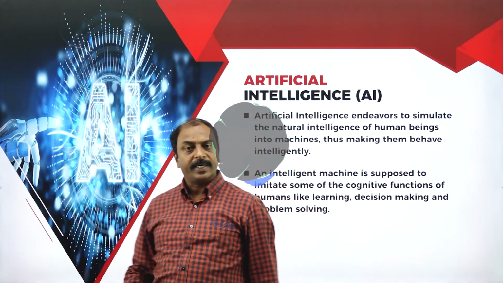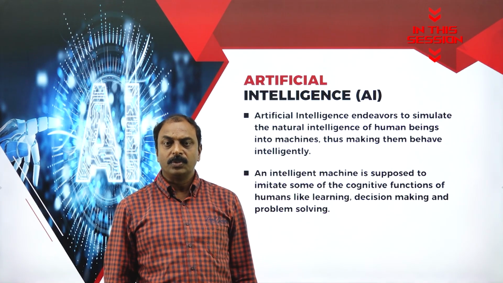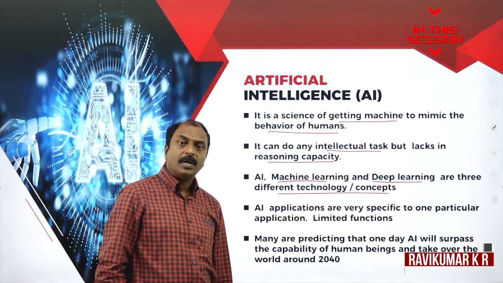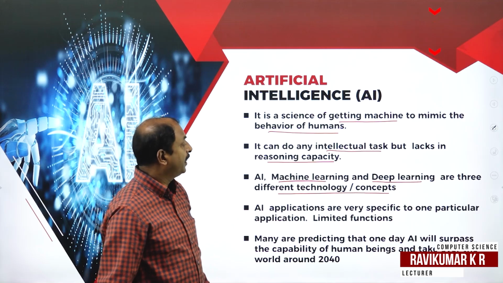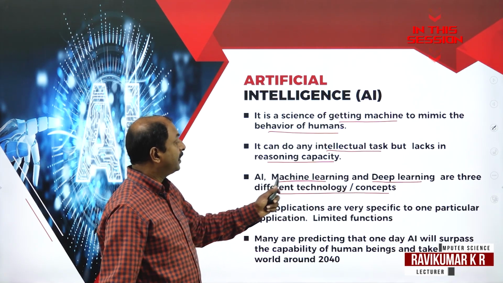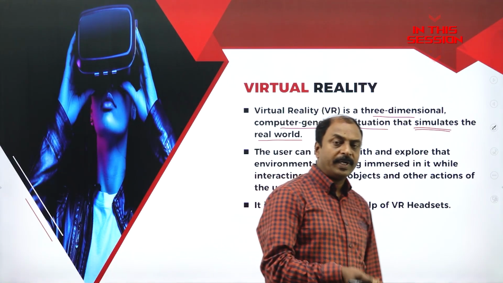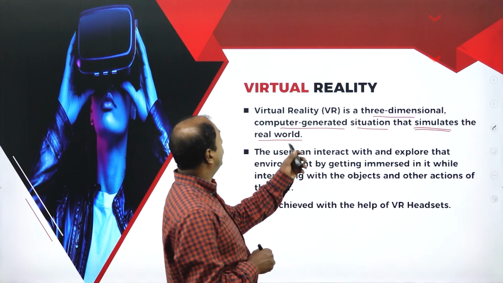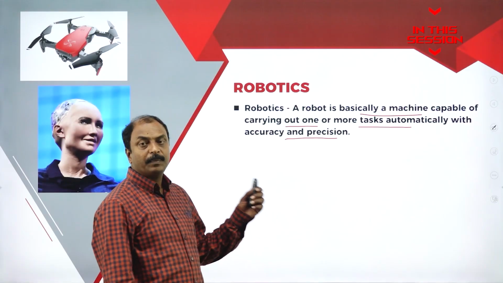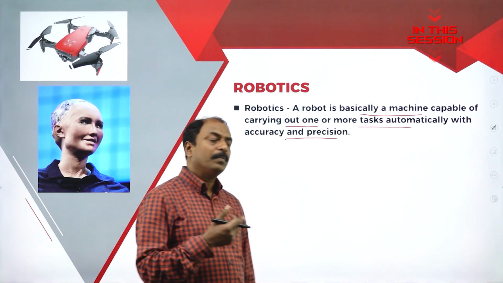Now all of us know that a computer is a dumb machine. So here it cannot think on its own or it cannot work on its own. Now in our day-to-day life or in the field of science and technology, we are hearing these three words, that is AI, machine learning and deep learning. We are going to create an environment which is similar to real world environment, that is your virtual reality. It is nothing but a machine, and the machine works like a human being.